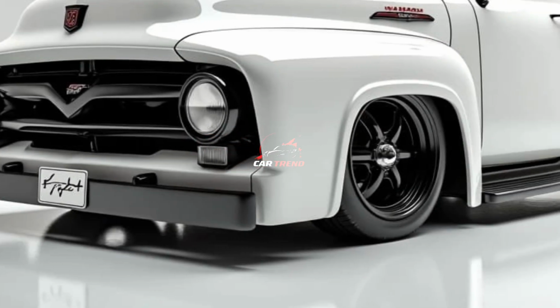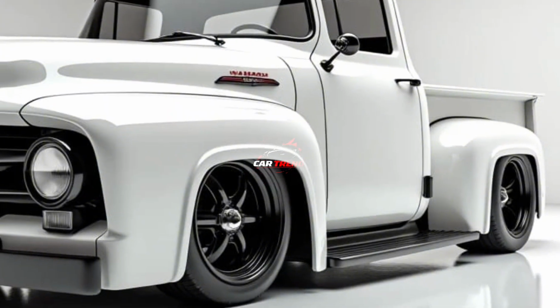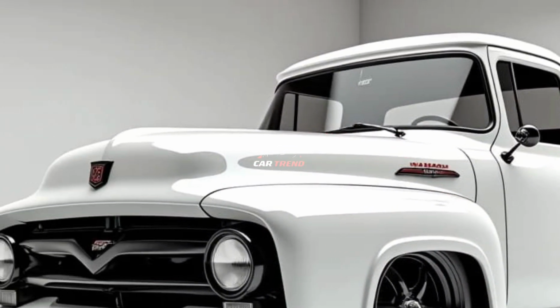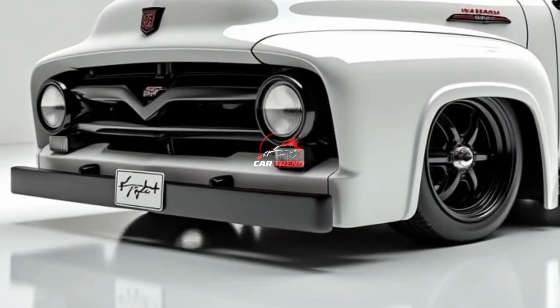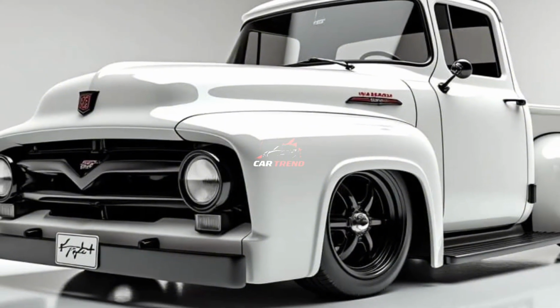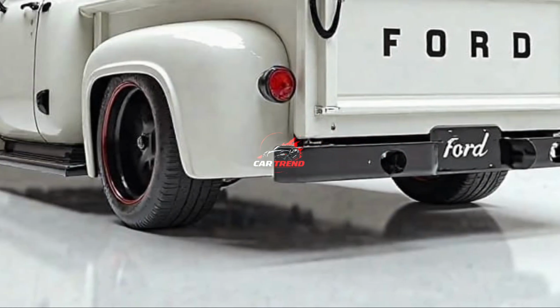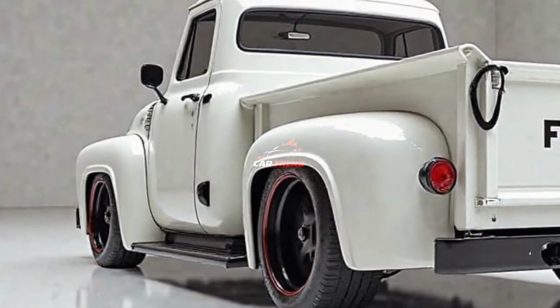Right off the bat, the styling of the 2025 F100 screams retro with a modern twist. Ford has done an incredible job capturing the vintage vibes of the original F100, with bold, squared-off lines, a wide front grille, and round LED headlights that pay homage to its classic roots. The raised stance, chunky off-road tires, and available retro color options, like Oxford White and Velocity Blue, complete the truck's